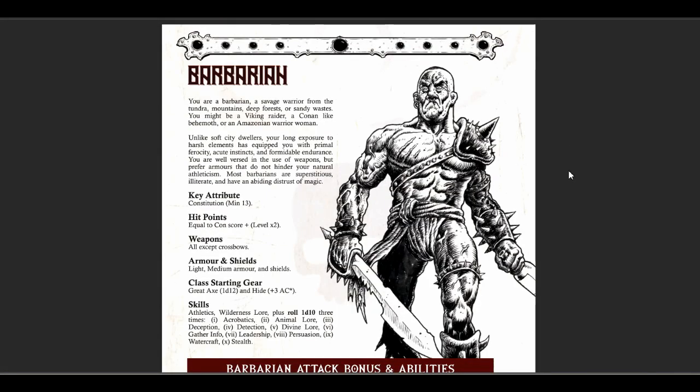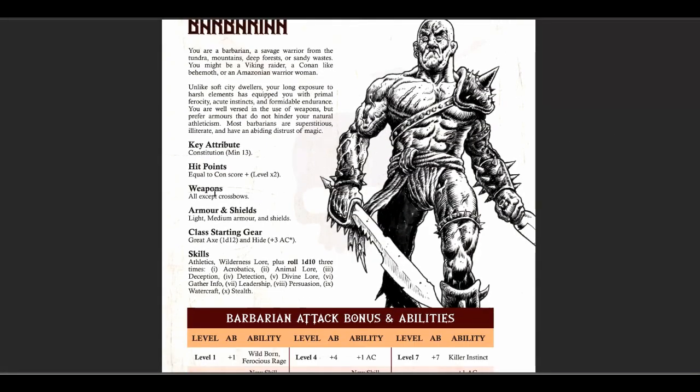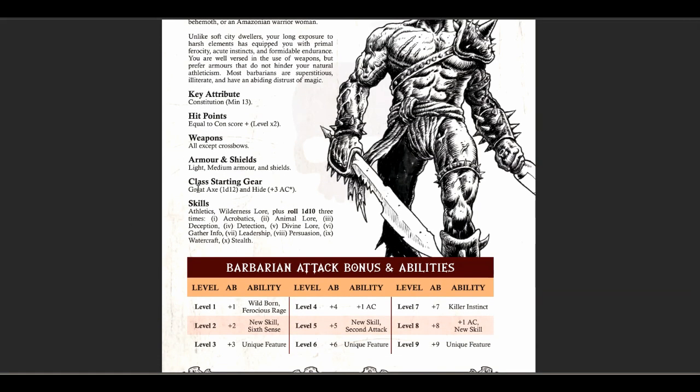Barbarian, I think, again, Conan. Hit points equal to their Con, multiplied by 2. Weapons: use all weapons except crossbows. Light and medium armor and shields, because they're not going to wear around plate armor, because they're barbarians. Starting gear: great axe, which is 1d12, and hide armor plus 3 AC. The skills: athletics, wilderness, lore, plus roll